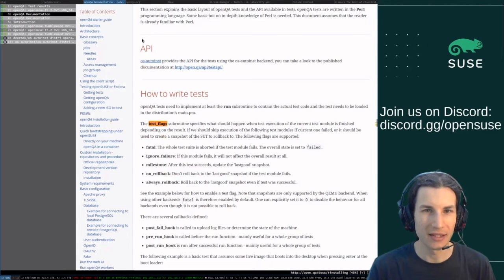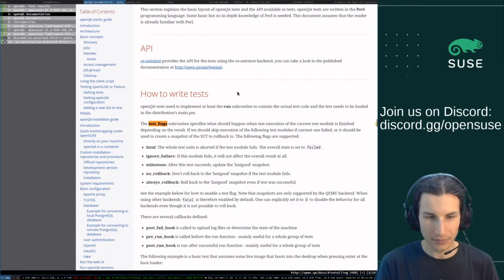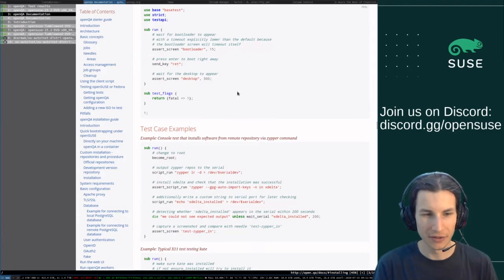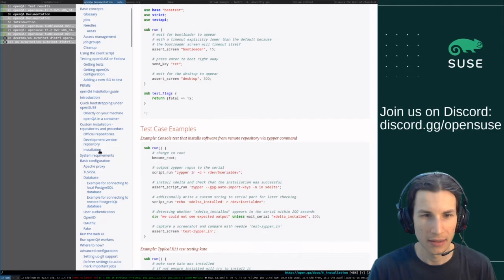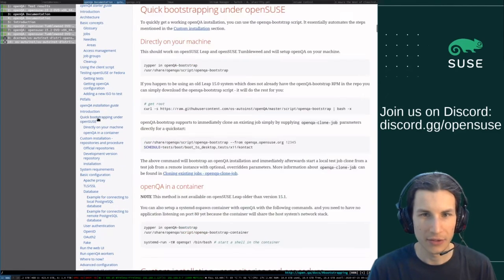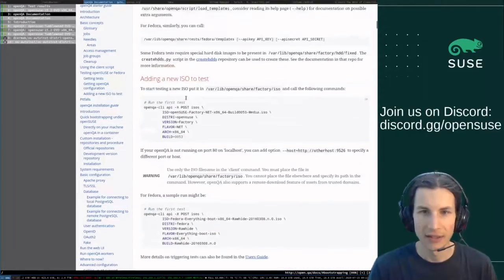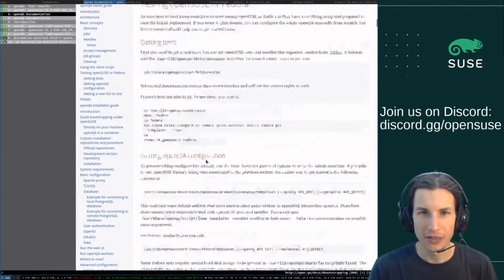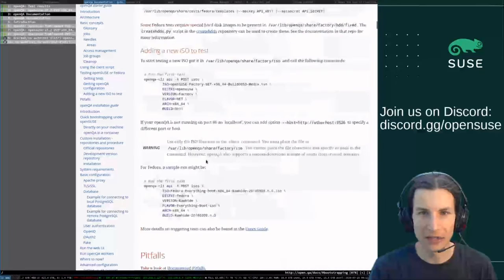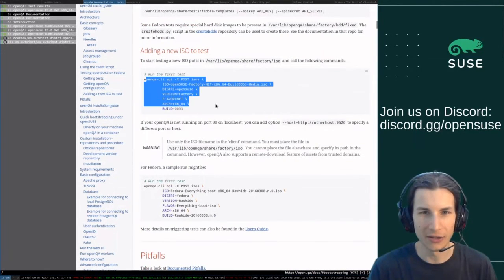So if you go to the documentation, I think it initially starts out, let me just quickly find it. Yeah. So unfortunately, the documentation starts out with telling you to use openQA CLI,